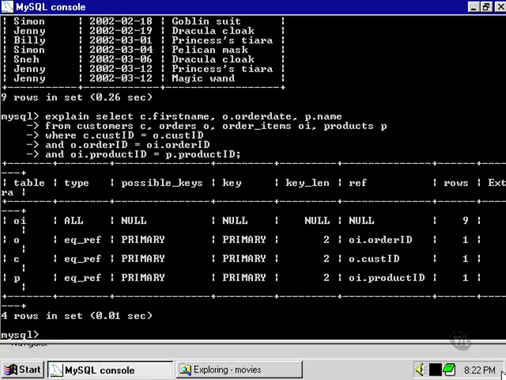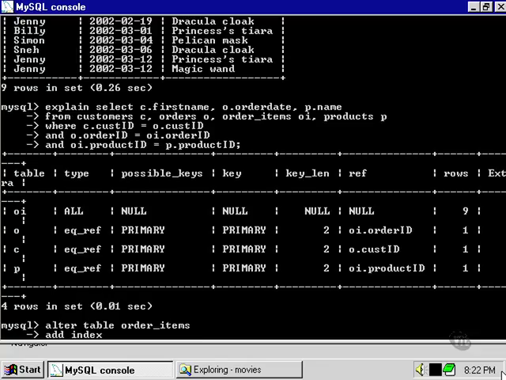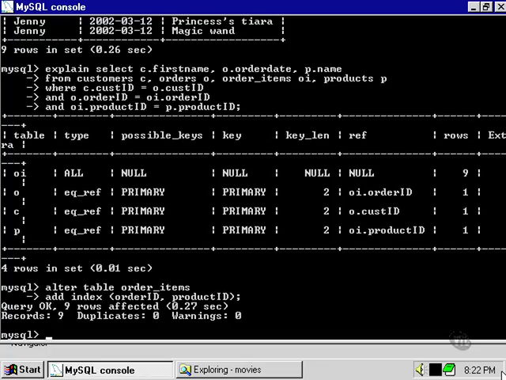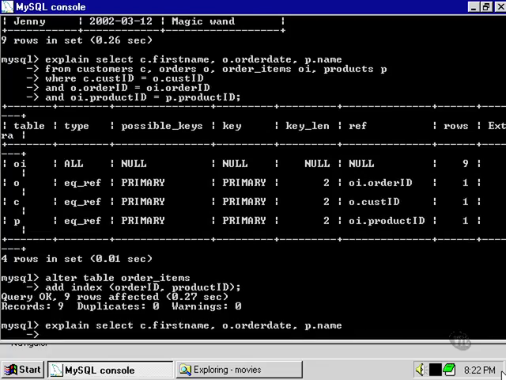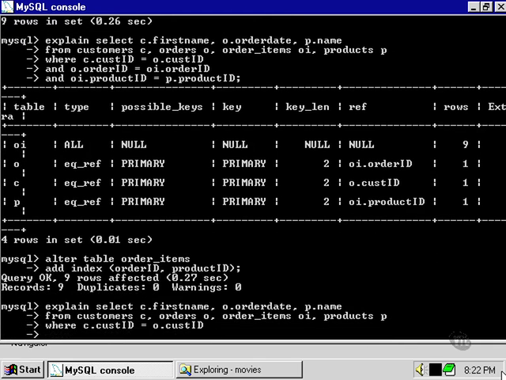One way in which we could speed up this particular query is to add an index. All we need to do is use the alter table statement, then give the name of the table, and simply say add index, and we'll tell it which column or columns we wish to add an index to. Let's say we want to add an index to order ID and product ID. That's been done. Now if we repeat our explain statement,